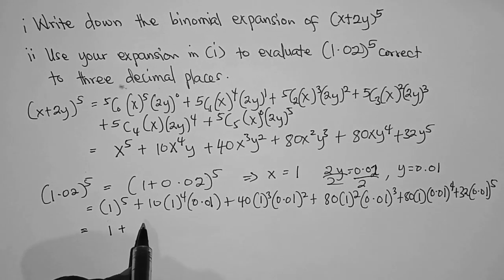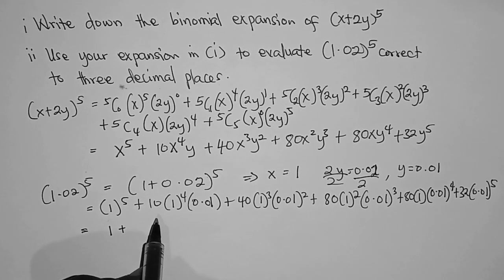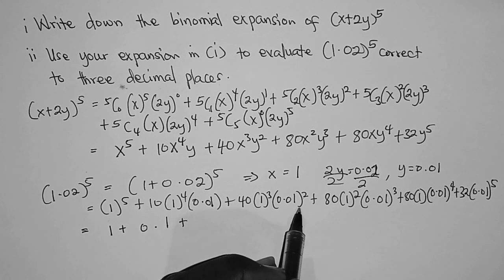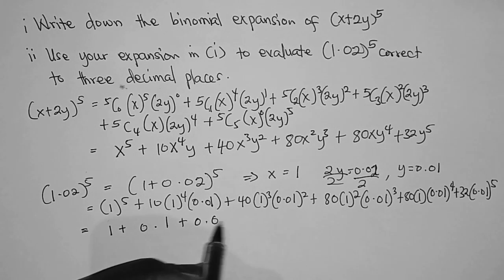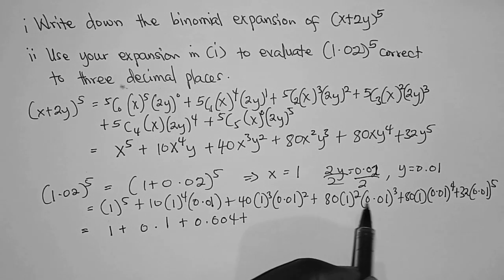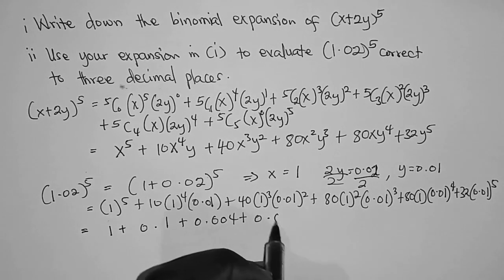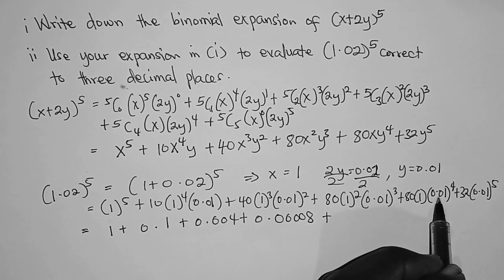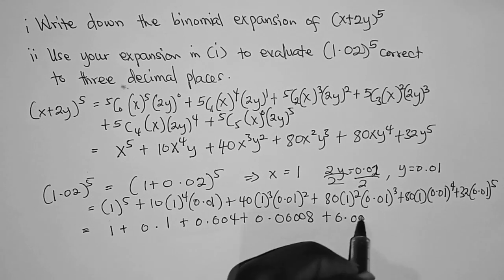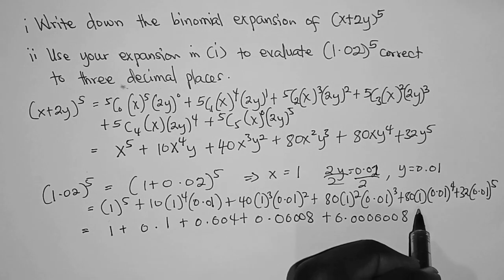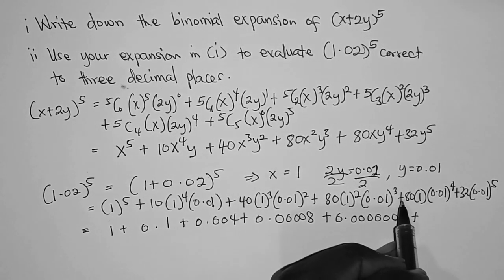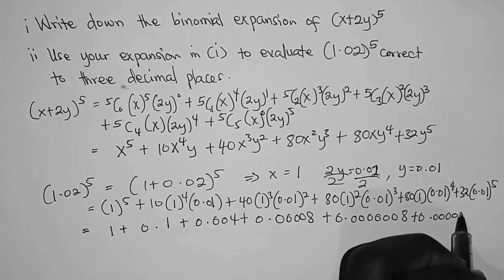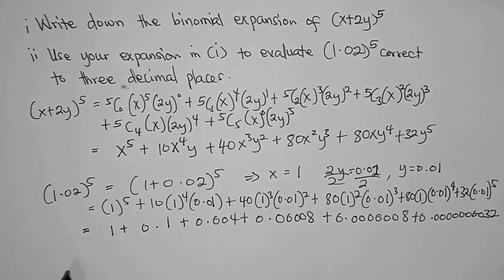1^5 is 1, plus 10 times 1^4 times 0.01 is 0.1, then plus 40 times 1 cubed times 0.01 squared equals 0.004, then plus 80 times 1 squared times 0.01 cubed equals 0.00008, then plus this thing, which is 80 times 1 times 0.01^4 equals 0.0000008, then plus 32 times 0.01^5 equals 0.000000032. So if we add all, we are going to get